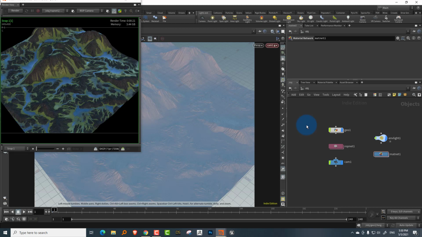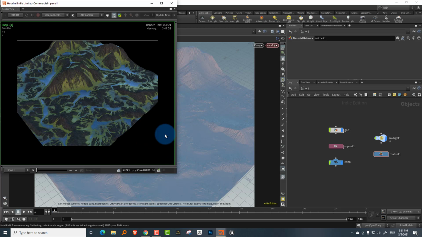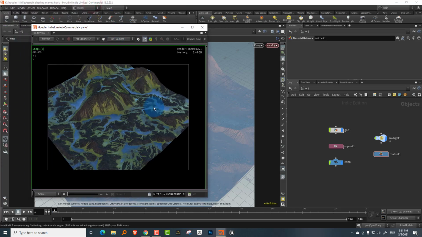Hello everyone, and in this lesson we're going to take a look at how to do terrain shading in Mantra. The big difference here is that instead of using a ready-made displacement map, where you take your height field and bake it out to a displacement map and use that, we're going to directly shade the height field itself. We're going to take the height field, convert it to polygons, and then all the various fields that are there on the terrain, we're going to use those to generate masks at shader level and control our textures. That's the entire process.